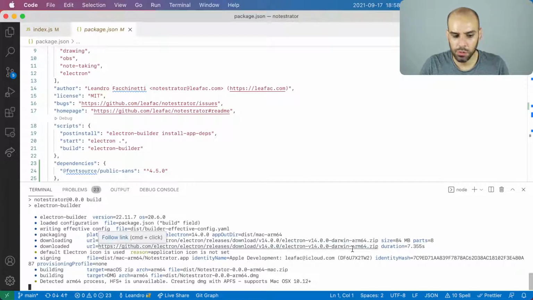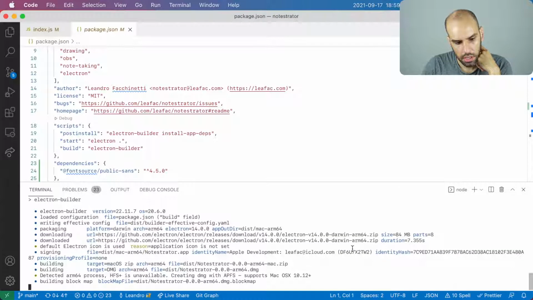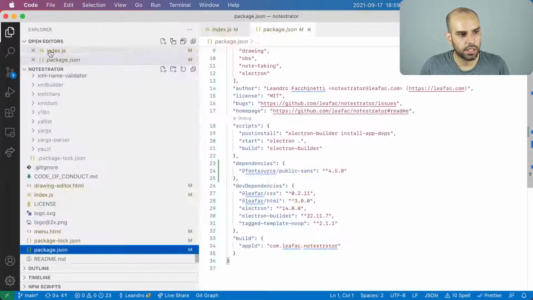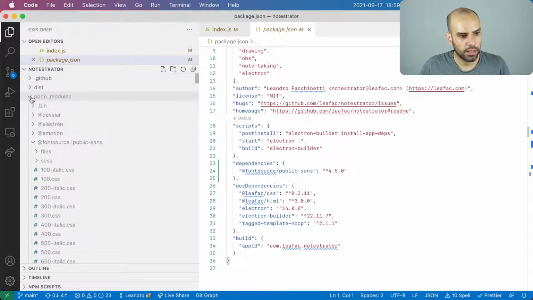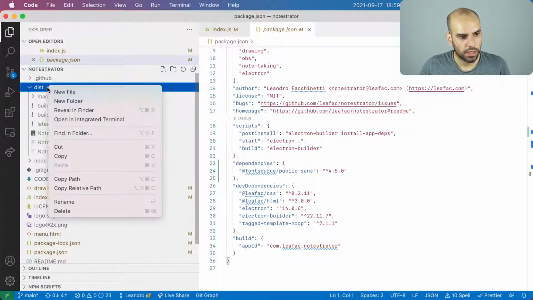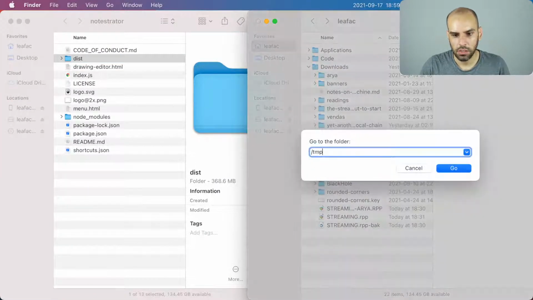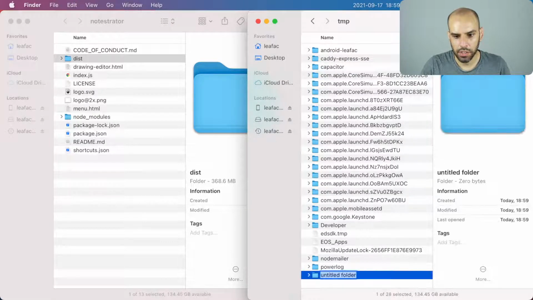I don't think that this is going to take too long, but if it does, then we'll switch to something else while it's finishing. Okay, it's about done. And there it is. So now I'll take this thing that we just built. Let me review in Finder. I'll take it out of context. I'll go to my temporary directory